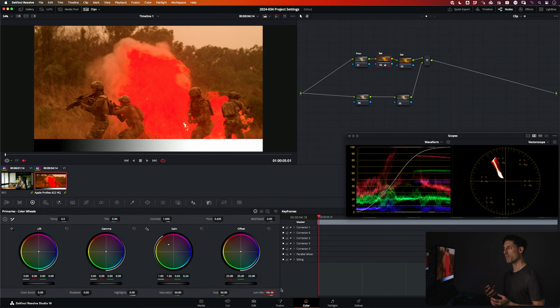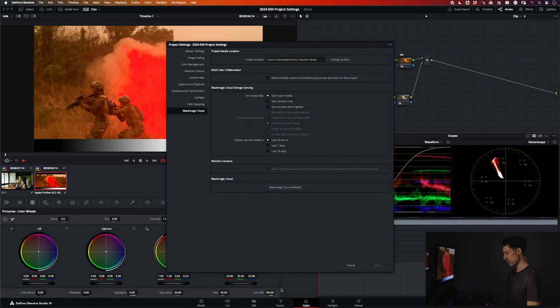So there's a very significant set of variables that we can alter in our project settings that are going to set you up for success and set you up for efficiency when you're grading that you really want to be mindful of. And the second thing that I really hope we've done is declutter and demystify what all of this stuff means. Not all of it's relevant to color grading, but even to know what is and isn't, and then to know roughly what the things mean that are relevant to what we're doing in the color page,